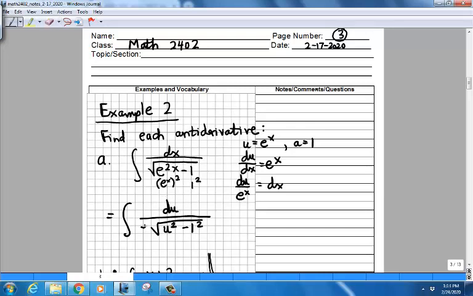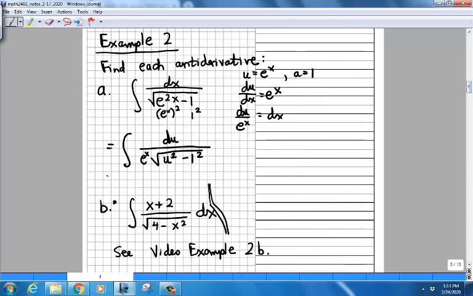So I have du over e to the x, right? But what is e to the x? That's u. So while I have e to the x, I can continue my substitution and put in instead u. And then we're in really great shape. So we kind of got lucky there,